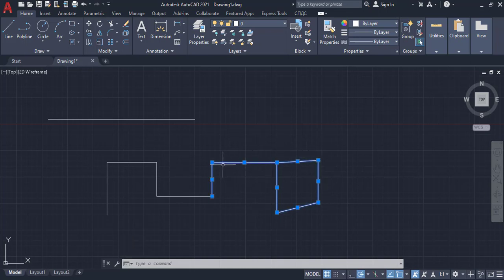If you have to deselect this one line, then what we have to do, press the shift and click in the line or click in the object which you have to deselect. Click here. Remember, do not click in this grip box. If you click, it is not deselected. For selecting all the objects in the drawing, press Ctrl A. All objects are selected, and if you have to delete, use delete.